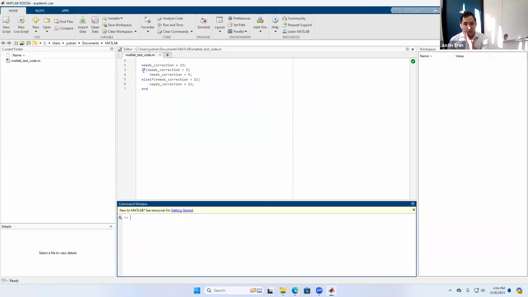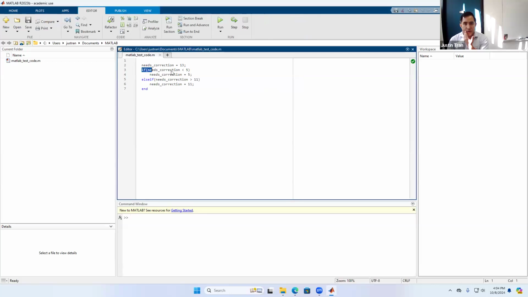One example for this is right here. The last piece of code that we wrote is an if statement. We have this variable called needs correction. If the value of needs correction is less than 5, then we set the value equal to 5. Else if the variable needs correction is greater than 11, then we're going to set its value to 11. If both of these statements are false, then we just